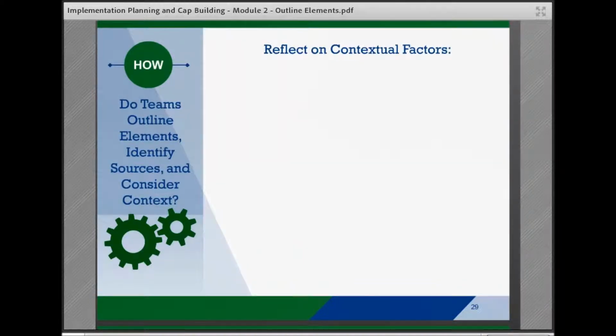As teams begin to pull together the implementation plan, they should think through internal and external factors that may affect implementation and their implications.